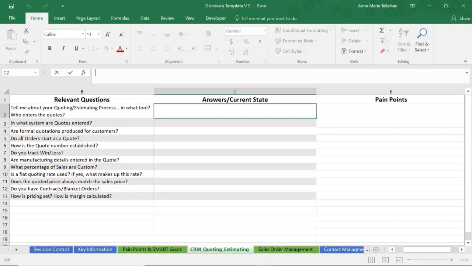But again, all of these tabs are going to start with an open-ended question. And again, that's for the discovery report. So you can copy and paste whatever blurb is in here right into the discovery report and tell a story about their CRM quoting estimating process. All right. The next